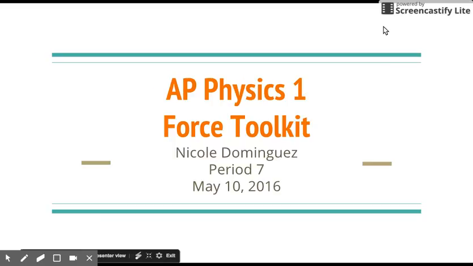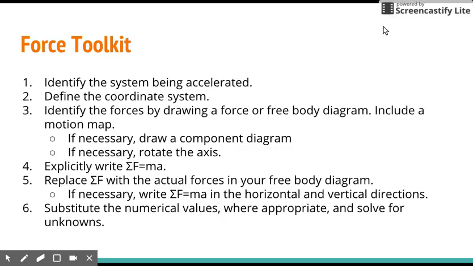Hello, this is Nicole Dominguez, and I'm from AP Physics 1, Period 7, and today we're going to go over a force toolkit problem. When doing force toolkit, the first step you want to do is to identify the system